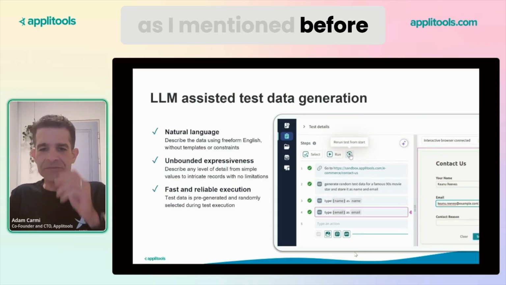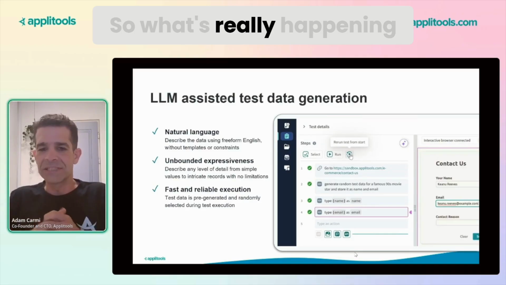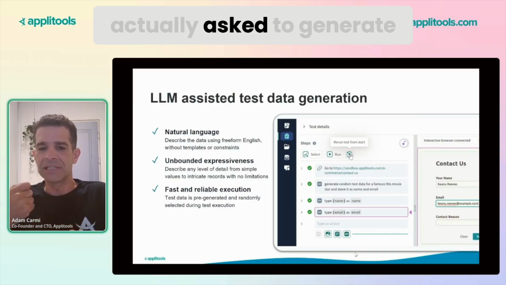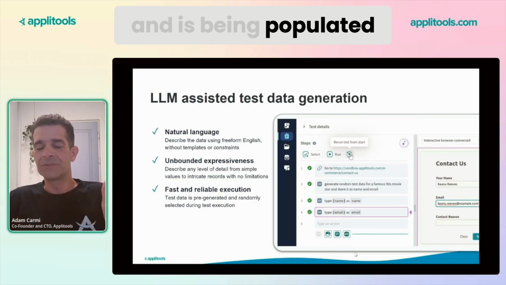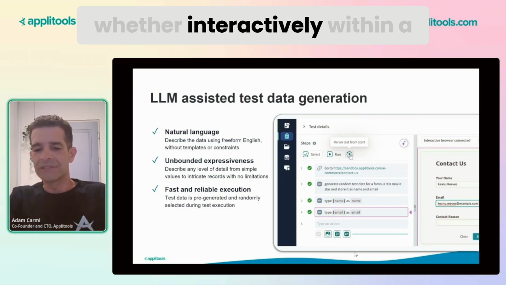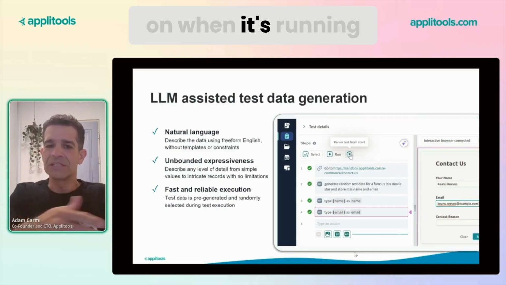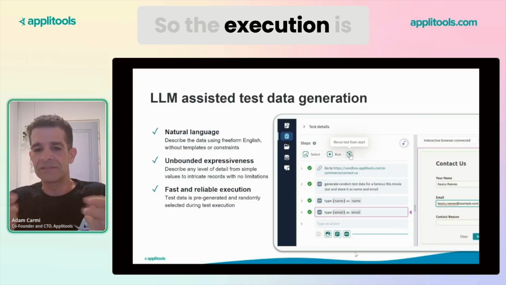Now, as I mentioned before, when the test is executing, no LLMs are involved. So what's really happening is that when I actually asked to generate the data, a data set was created and is being populated in the background by the LLM. When the test is running, whether interactively within a few seconds or later on when it's running through the CI, we are just picking out records from this data set. So the execution is super